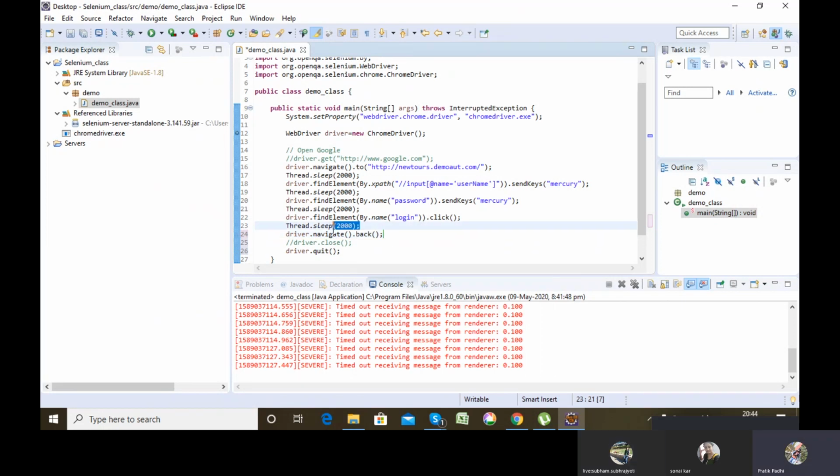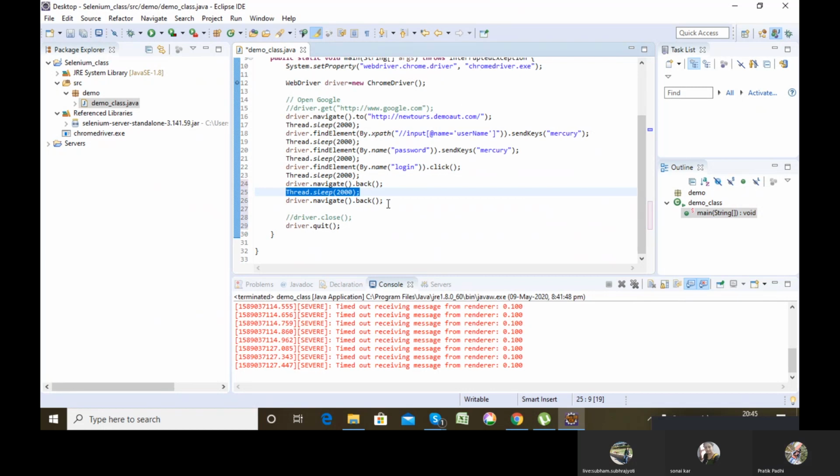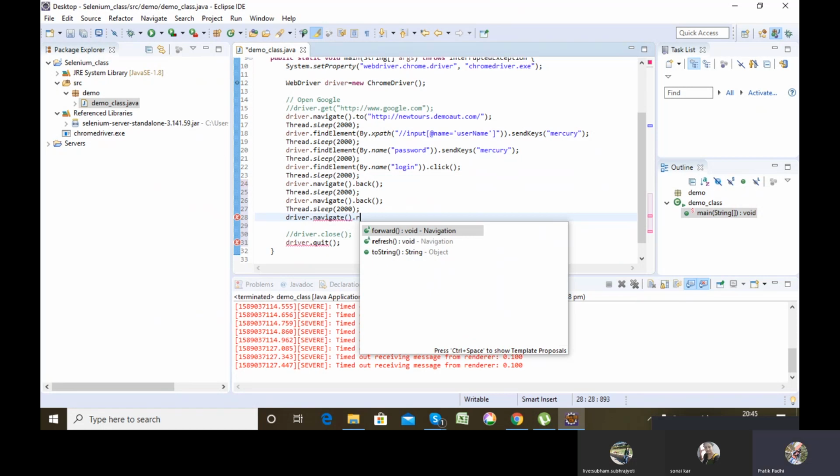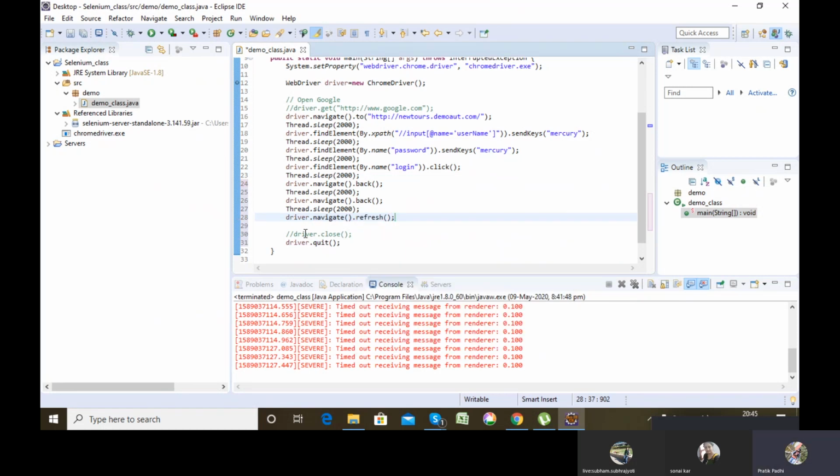Okay, sir. Again, I want to go for the next fresh page. So I have to click the forward button. So what I can do is again is forward. If I want to refresh a page, okay.